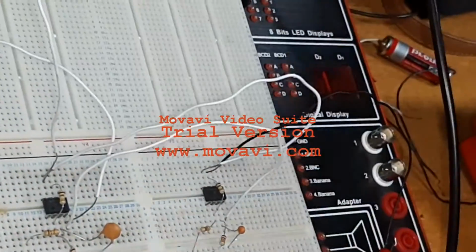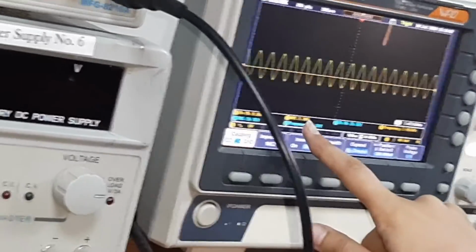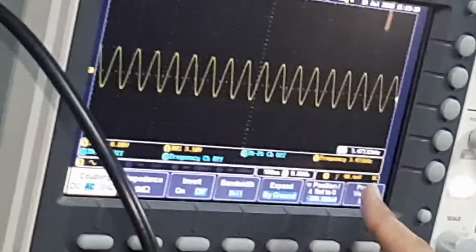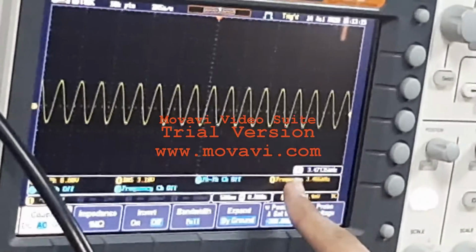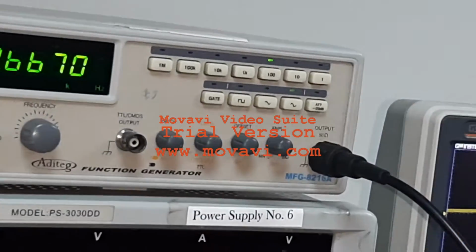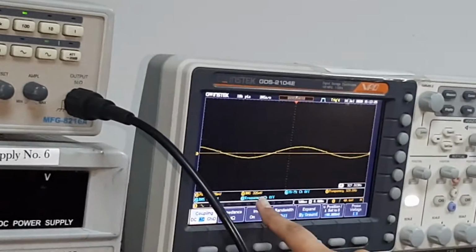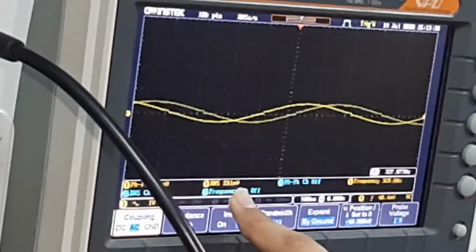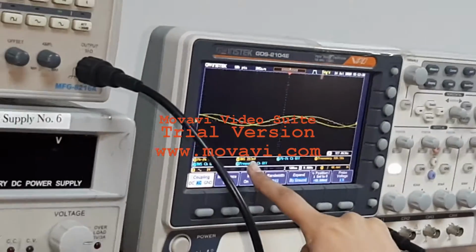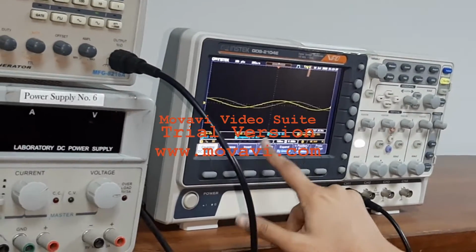At this point, when you connect the knob of output, you see that the output voltage is 3.1 volt at the frequency of 3.4 hertz, that is at high frequency. If you start with the low frequency, that is 100 hertz, you can clearly see that at the low frequency the output is very low, that is in the millivolt. Because it is a high pass filter, at the start the value of the output voltage is very low, and as the frequency increases, the output voltage increases.